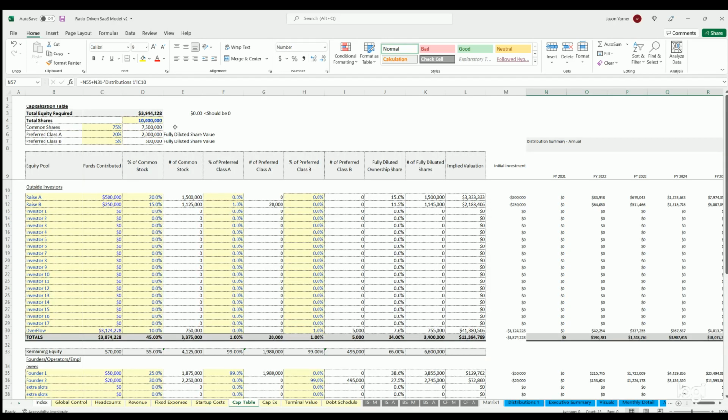Cap table, so here we see the minimum equity needed. You can issue some shares and define the percentage of the different share types you have. Usually it's probably going to be all 100%, but it could be varied. And then you've got outside investor slots here, the amount they invest, the percentage of common stock, preferred A and B that they get, and their fully diluted ownership share, fully diluted shares, and that will define their available distributions